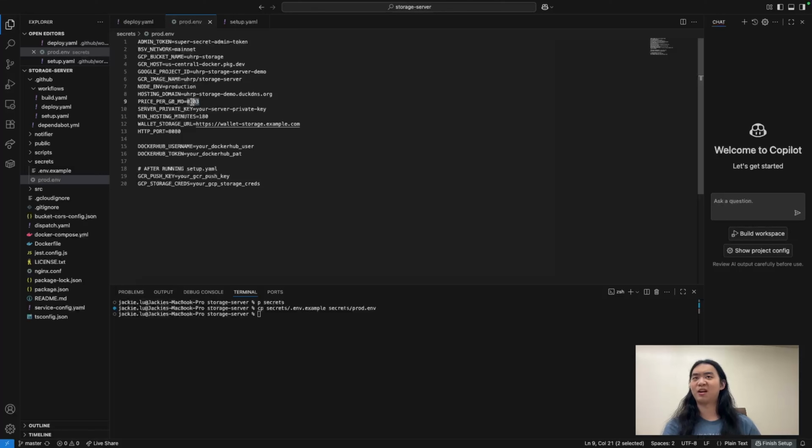We'll be charging them 9 cents worth of sats if this is set to 0.03. And you can set this to whatever you want. 0.03 is a pretty good point though. For the server private key, this is just a 32-byte